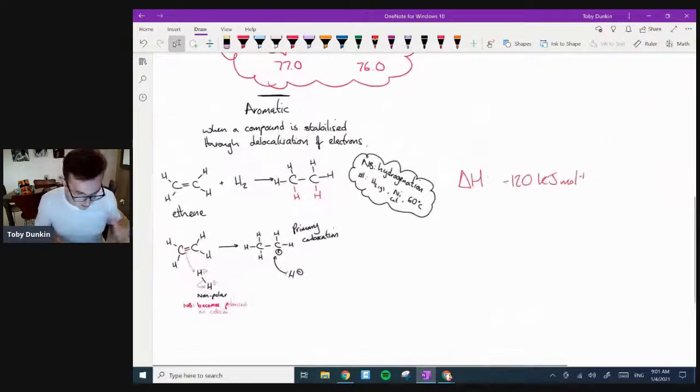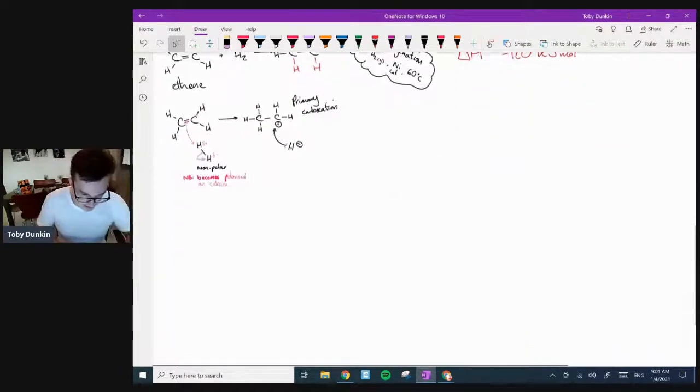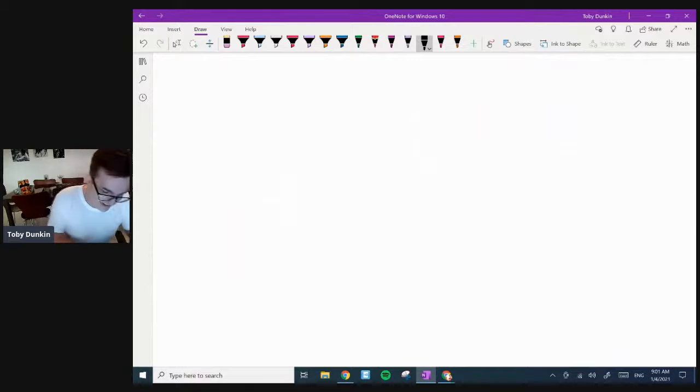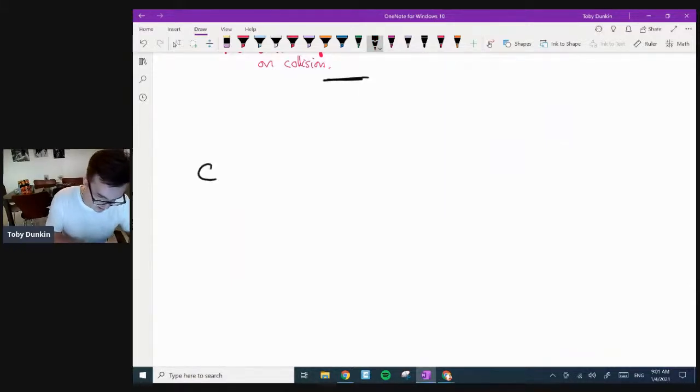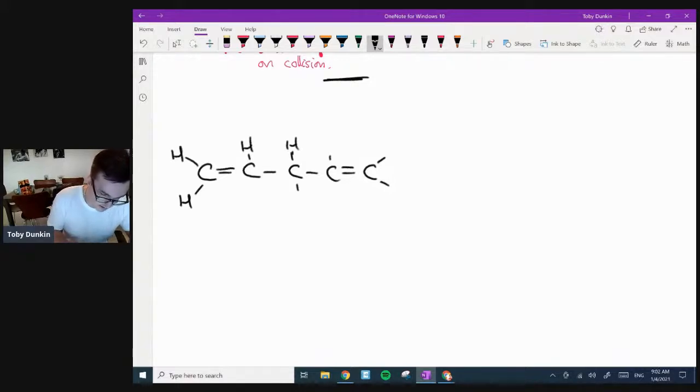Now, this is where the delocalized thing is going to start making an appearance. So let's look at the next one. What we're now going to do is another reaction with another alkene. Let's do this one. So I'm going to give you this guy. Right, guys, can you have a go at naming it for me? Remember that rule. Pause the video. Have a go at naming it. Come back to the video when you're ready.